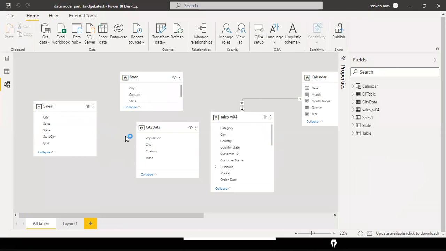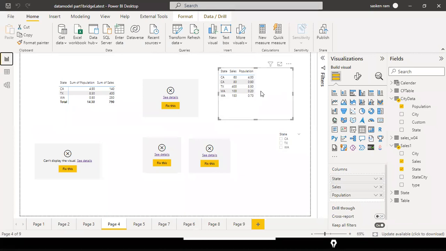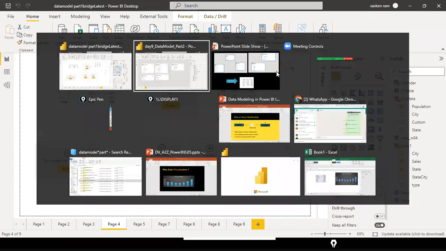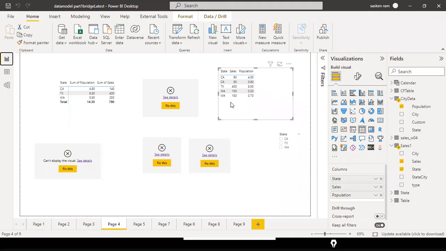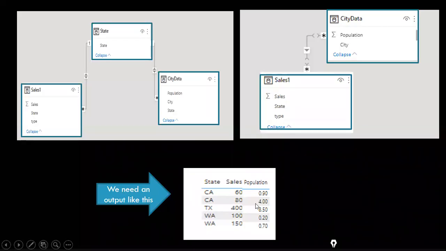But the city table has a one-to-many relationship. Let us see if we can create the relationship between these two tables with the city column. There is a one-to-one relationship. And if I go here and look, is this correct or not? Look here, we can compare this one with our PowerPoint. In the PowerPoint, CA 64 and